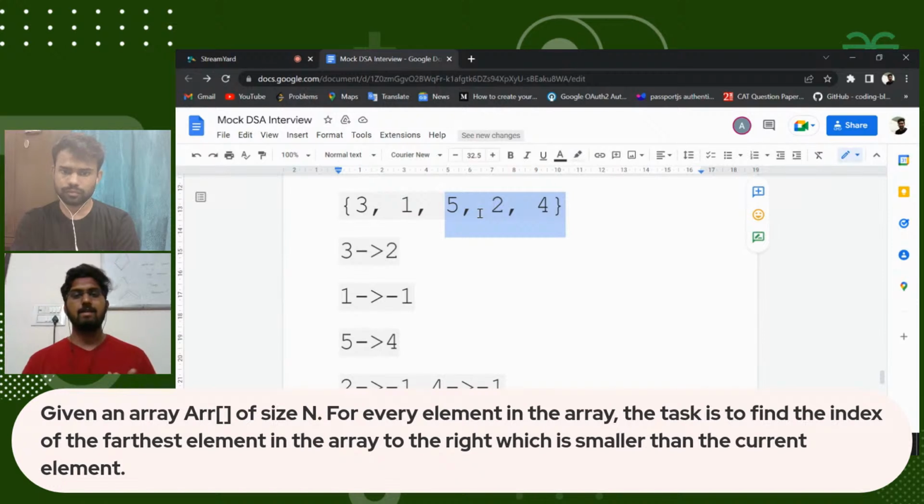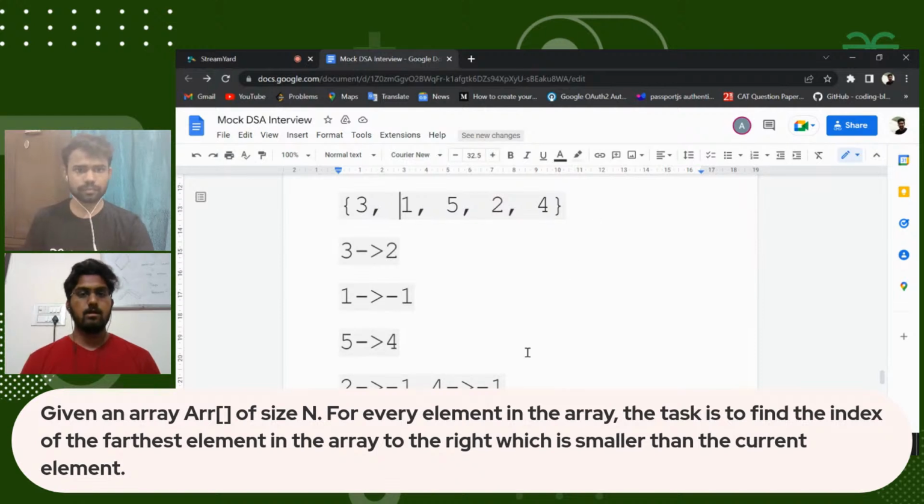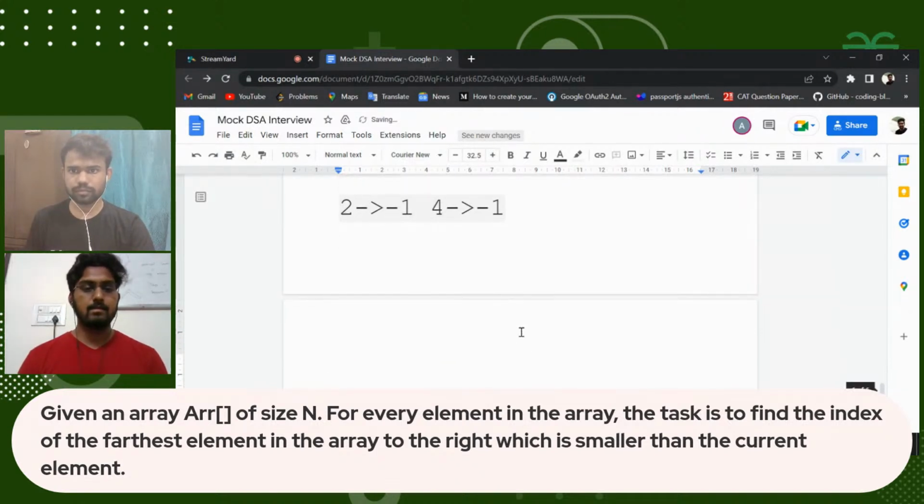So basically, it will take O of n square time, as it is involving two loops. First loop for 3 from 4 till 3, for 1 till 4 till 1 in worst case. If our array looks something like this, 5, 4, 3, 2, 1. So in this case, for 5, we have to run a loop from 1 till 5, as we will get, sorry, 1, 2, 3, 4, 5. For 1,